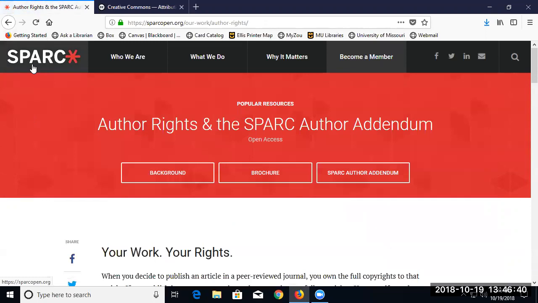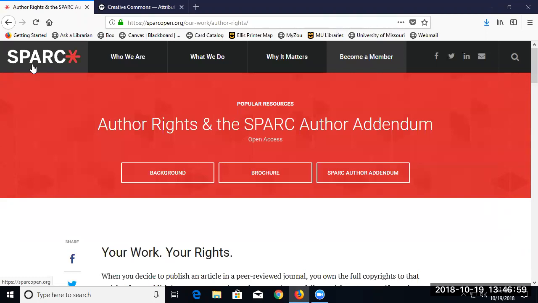What we find, particularly in scholarly publishing, is that when you submit your article to a journal, they have you sign an agreement. And the default on a lot of that seemed to be to sign the copyright over to the publisher, which is very convenient for the publisher because then they have the sole right to do whatever they might want to do with it later.